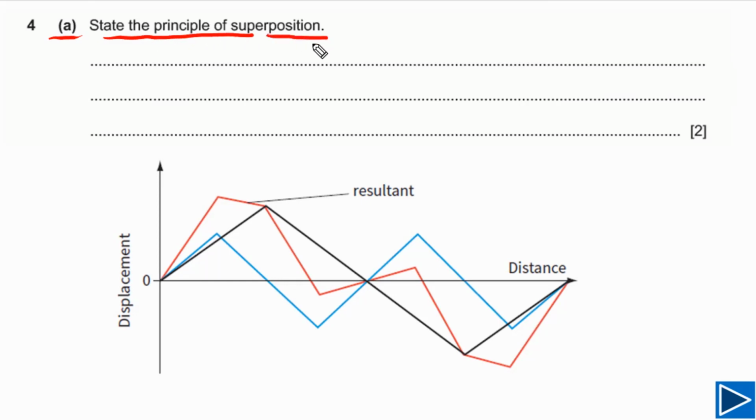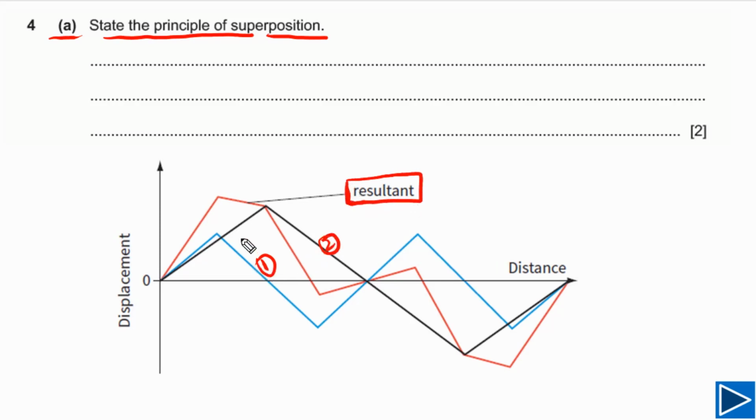The principle of superposition simply tells us, when two waves meet at a point, how we can find the resultant displacement of the resultant wave. Let's try to understand this a little bit in detail before we write our final answer for this question. You can see here in this figure I have already drawn three different waves. Let's say this wave is wave 1 and this is the second wave, and the third one is the resultant wave of